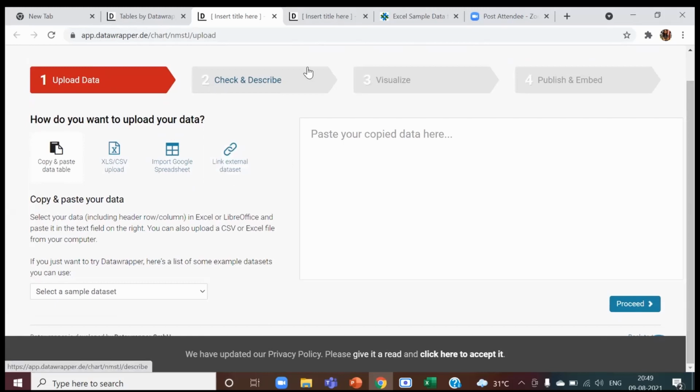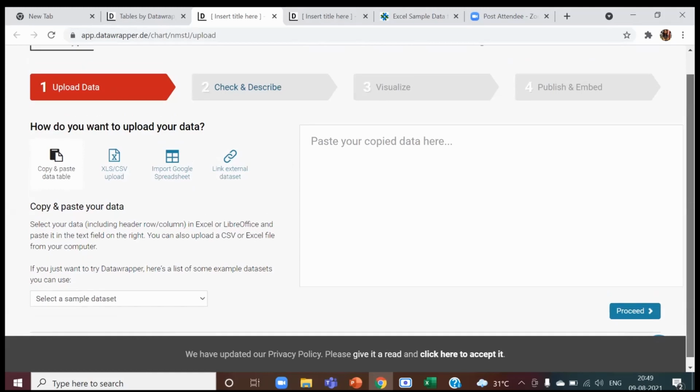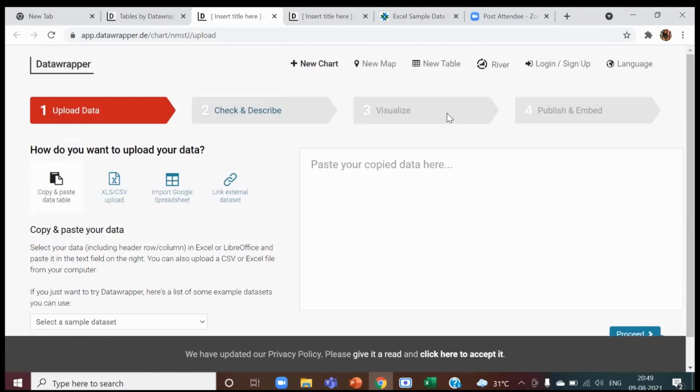A few more things about Data Wrapper before my teammate Bhavya demonstrates how to use this tool. First is it offers unlimited visualization even on its free plan. Second is it is private by default. So all your visualizations and data are private until you hit the publish button. Third is that it is responsive on desktop devices, tablets, or smartphones. Fourth, it offers a great collaboration option.